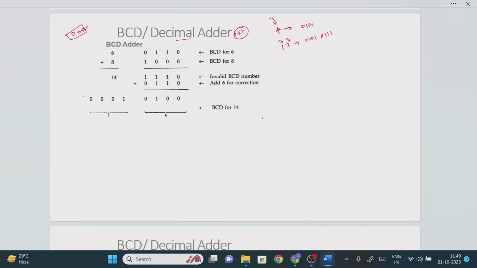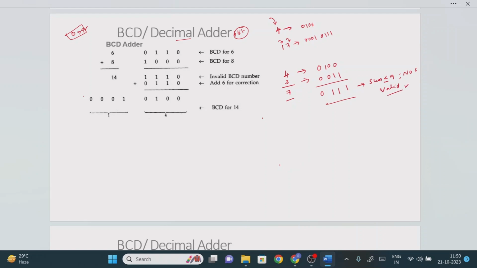After understanding this basic point, now we will perform the addition operation. For example, take 4 plus 3. The final answer should be 7. But here we need to perform the addition in terms of BCD. The 4-bit number for 4 is 0 1 0 0. For 3 it is 0 0 1 1. Now what is this answer? 0 1 1 1. Here the sum is less than or equal to 9 with no carry.